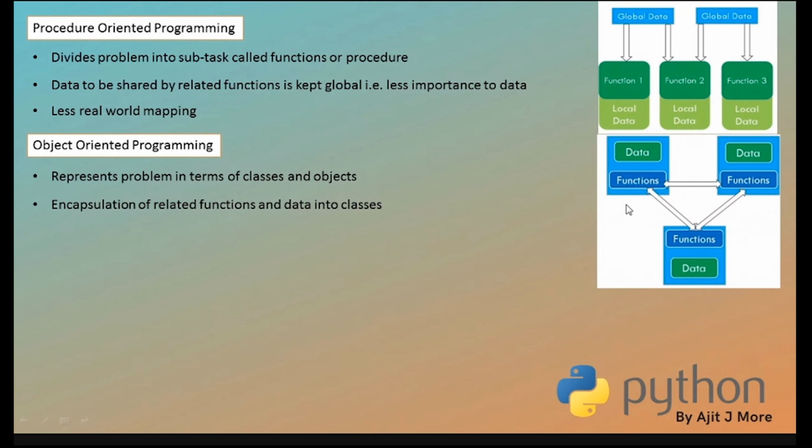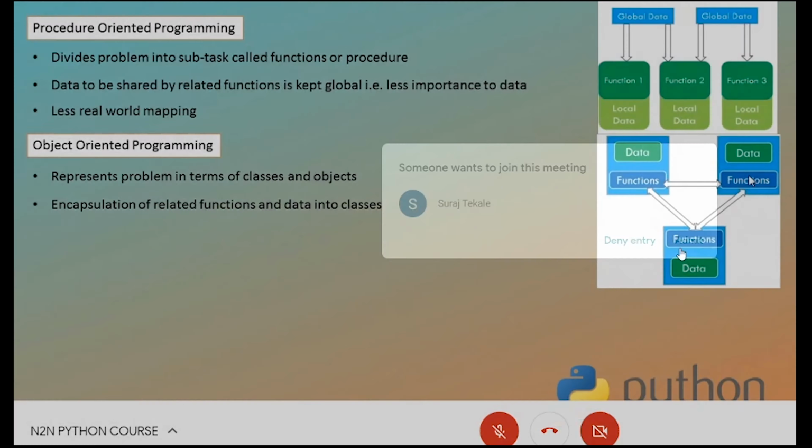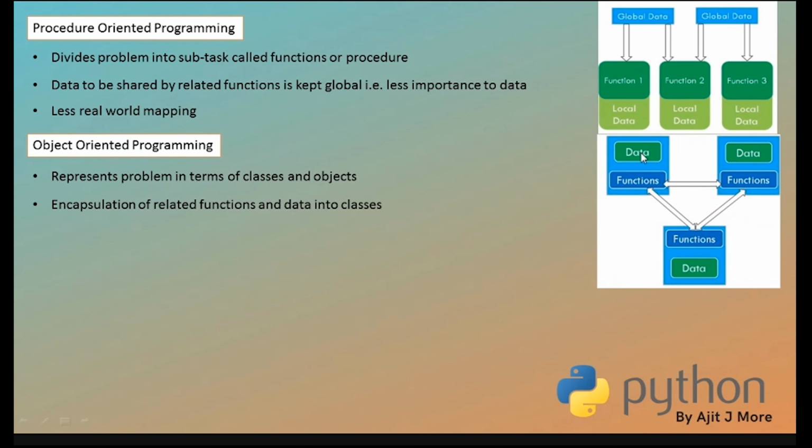Now this one compartment or one capsule, that is what it's called, encapsulation. In this capsule, only those functions are there which are related. Here, the related functions, and here, the data which is to be shared by all of them. So it looks like global, but it is global only to these related functions. Means it is accessible only within this capsule. Correct? And then they interact with each other by calls to functions. Okay? We have seen it indirectly many times in our Python programming also.